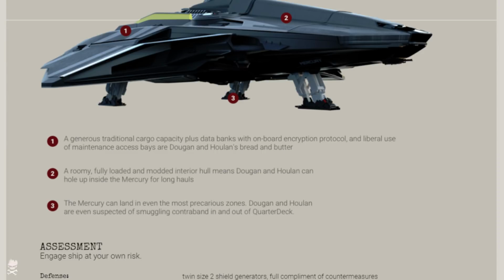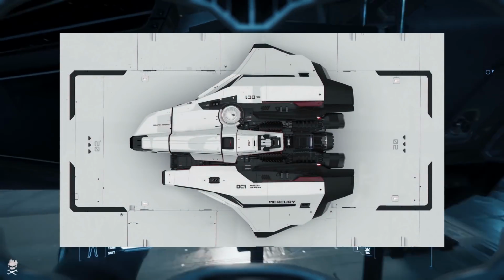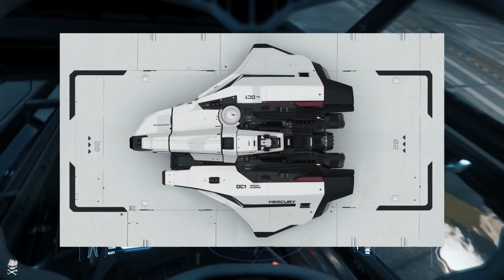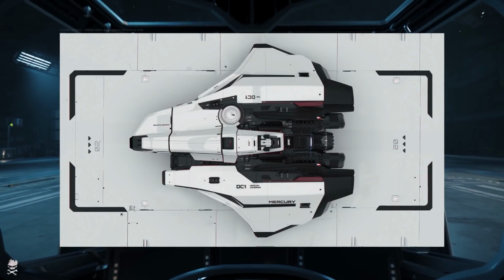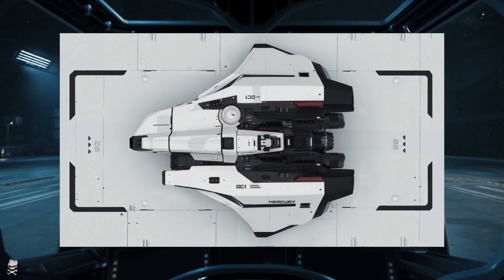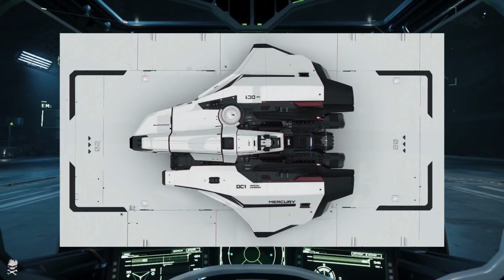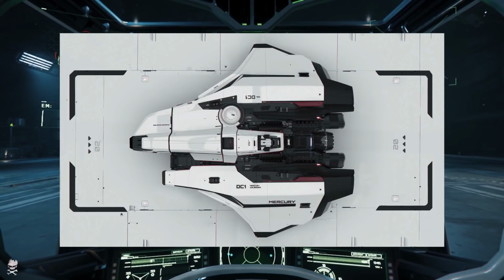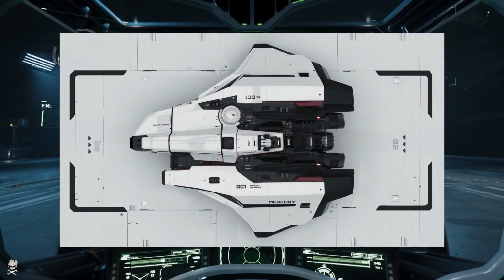And at first I was a little bit shocked that it wasn't a Drake ship. Now up front, that's not necessarily a bad thing. I mean, if every Drake ship was built around the idea of being a criminal star, it would become kind of like a stupid meme, right? It makes sense that other ships would get appropriated into these enterprises, whether they were intended for them or not,